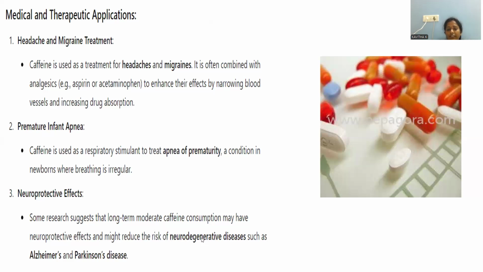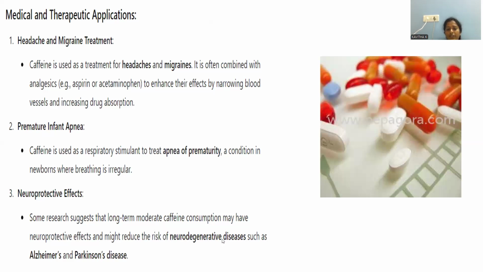The nervous system is the driving force for us. Whatever things we feel, the heat, the taste, the smell, are all regulated by the nervous system. Only when the nervous system is working properly are we able to communicate with our surroundings in a harmonious manner. Whenever that system is slowly degrading, what happens? The response coming from the person who is suffering will slow down. So the risk of neurodegeneration will be lowered by caffeine consumption.